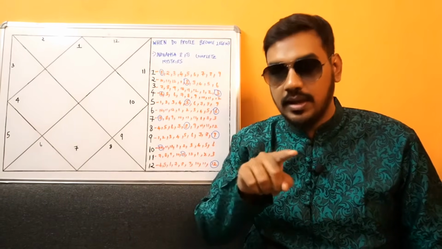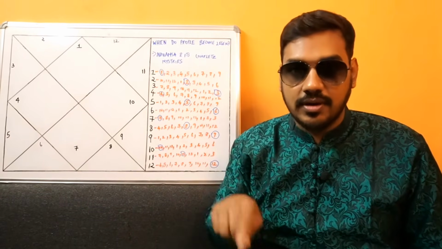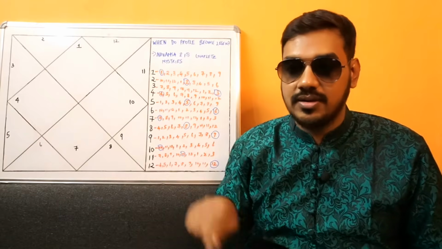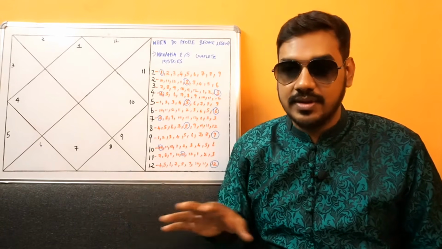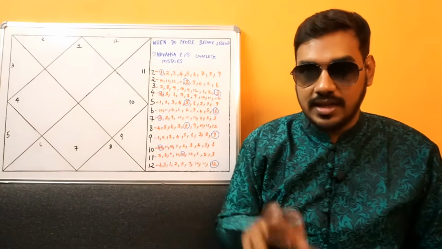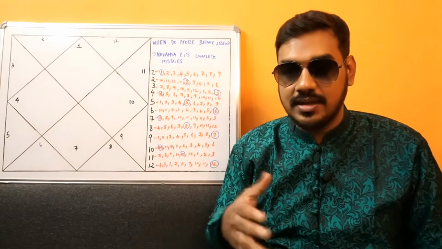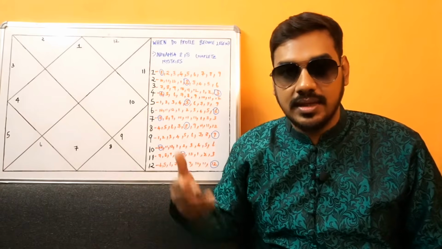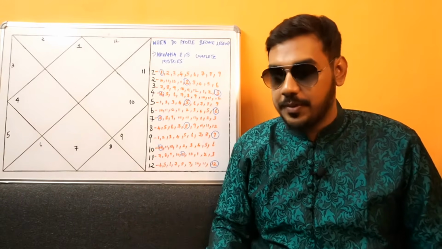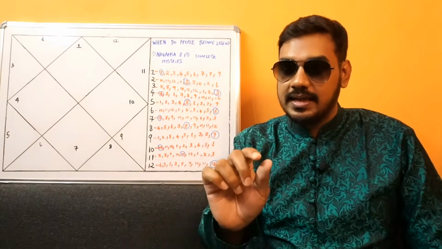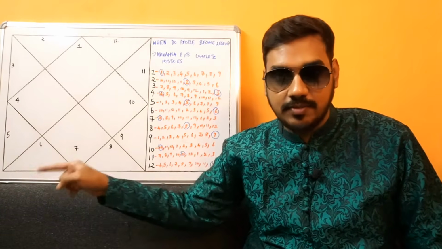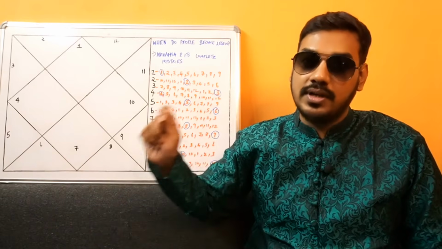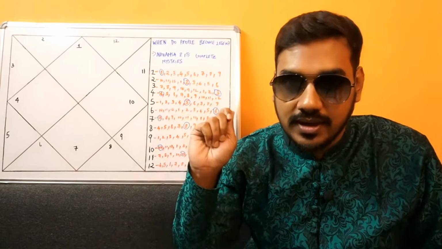Now, depending on which particular planet is your 7th Lord, say Venus or Sun or Saturn, whichever planet, Ketu and Rahu can't be, because they are co-lords, but the primary lord can be any of the 7 planets: Sun, Moon, Mars, Venus, Jupiter, Mercury. So it is important in what condition your 7th Lord is placed in the Navamsha chart and what is the maturity age of that particular planet.